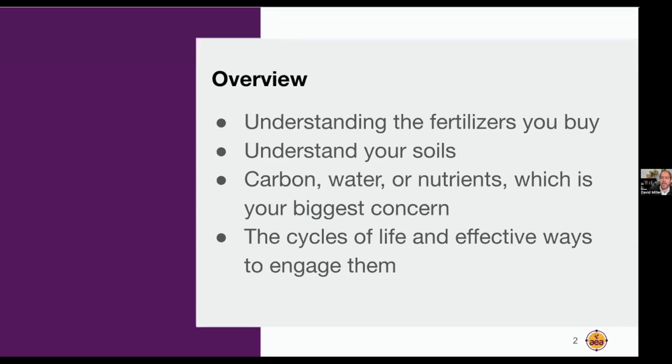We're going to look at understanding the fertilizers that you buy. If you're going to reduce the fertilizer that you buy, understanding what that fertilizer is really helps you understand how you're able to reduce it without fearing significant yield losses. We're going to look at understanding your soils, especially your soil samples, what they tell you and what they don't tell you. And then we'll think about the carbon, water, and nutrient cycle, which